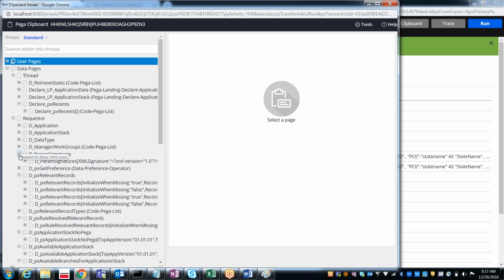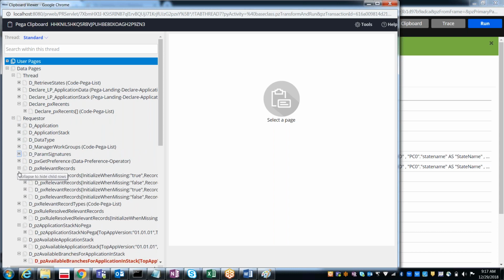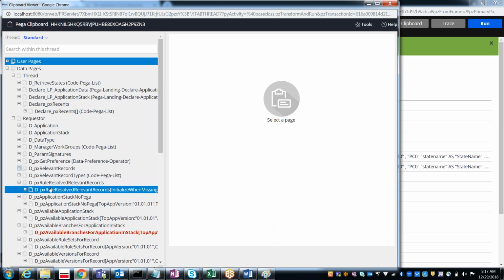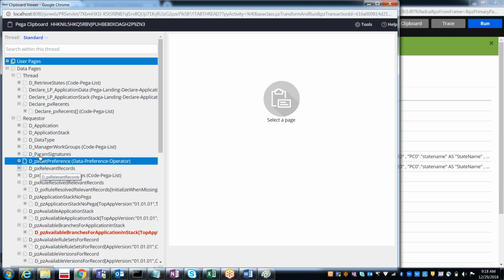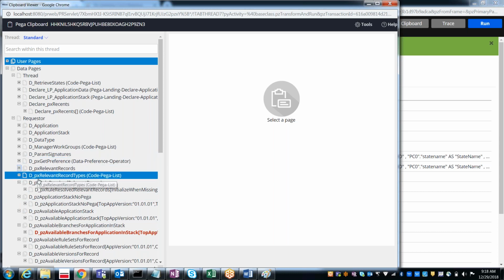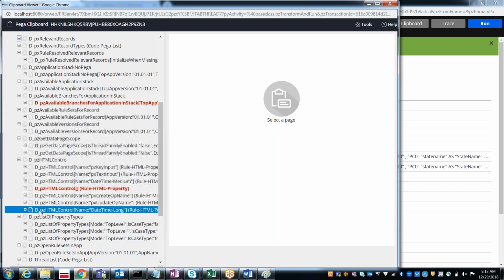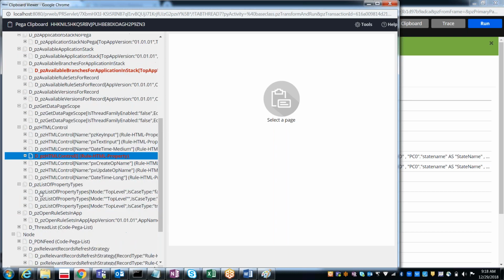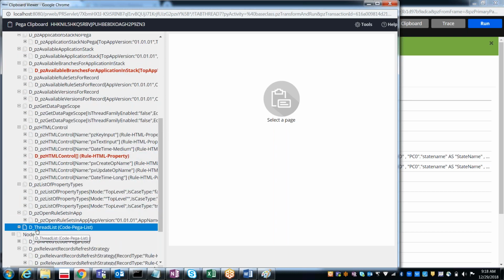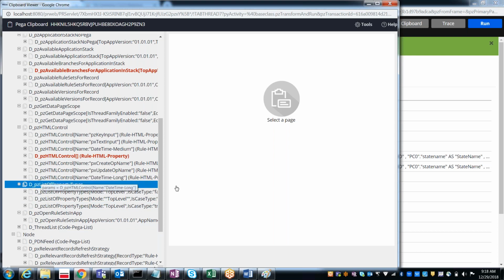Under the requester category we don't have D underscore retrieve states, right? After D underscore P comes T. So it's not on the requester.